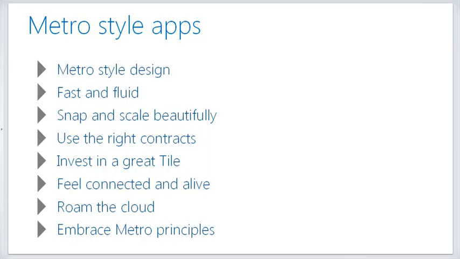All right, so we saw how to snap and scale beautifully and use the Visual Studio Simulator to test some of that functionality. Next, let's talk about contracts. There are a number of contracts in Windows 8, which are essentially operating system level functionality that you can tap into. So I showed you briefly that charms bar, and there were some things in the charms bar like search